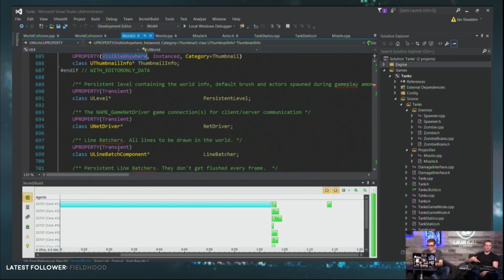UBT, the Unreal Build Tool, and UHT, Unreal Header Tool, they'll go through and sort of take information out of the H files. But if you're using the H files in the standard way, pretty much the only thing that Unreal adds to it is you tag your properties like this, or you tag your functions with U function if you want them to be accessible anywhere other than in the code. Like, for example, to make them callable from blueprints, which is our next topic. So that worked well. Expose a C++ function to blueprints.